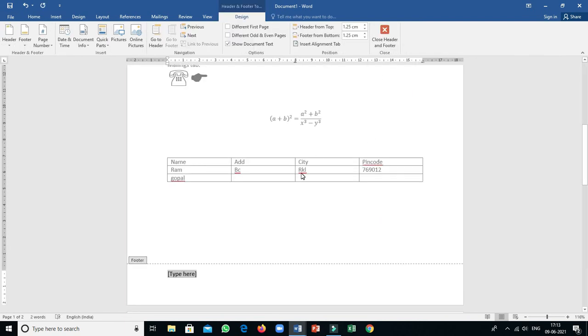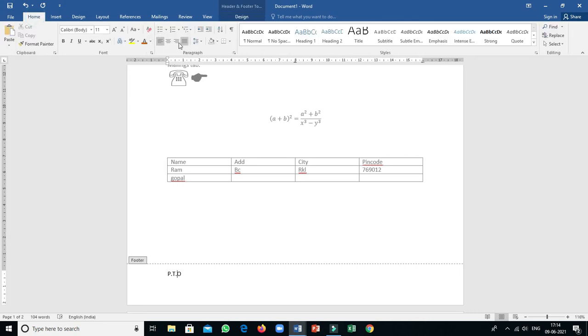Now see, automatically at the bottom of my page my cursor is moved to the bottom of your page. Now see, here I am writing please turn over. Okay, so PTO is written at the end of every page, not at the last page. Okay, so P.S. T.O. Clear? Now suppose this is aligned in the left margin, I have to shift it to the right. So again go for where? Go for the home tab, then click on right. Clear?